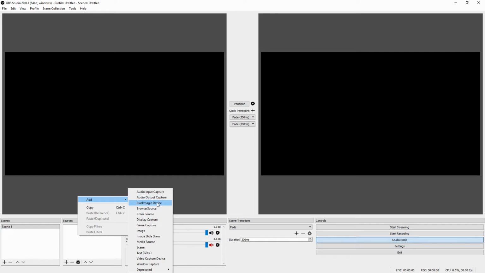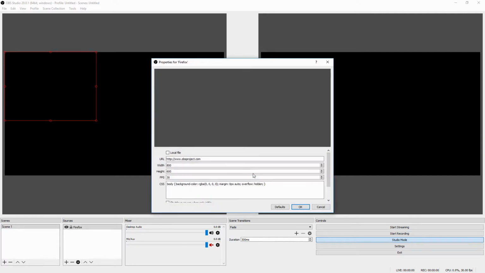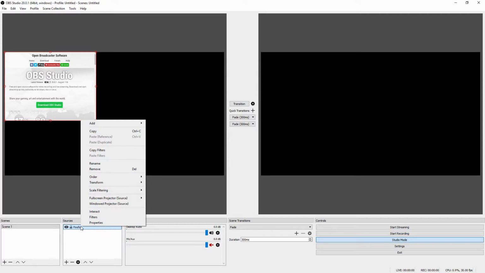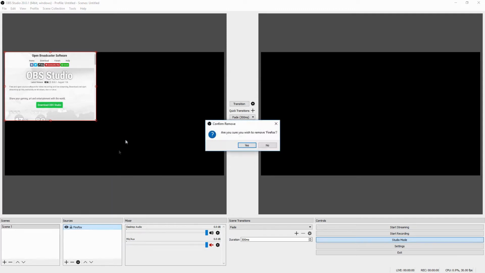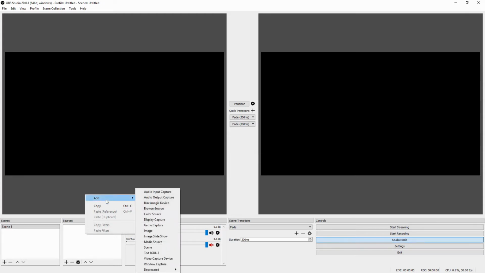Blackmagic, I have a Blackmagic capture card on this computer. A browser source, let's try Firefox and see what we get. Nope, that's not going to work. So let's ignore that one. I've never used that one before. Let's try